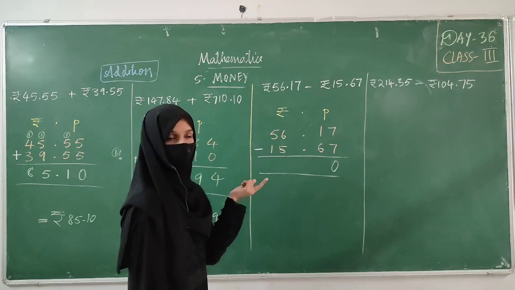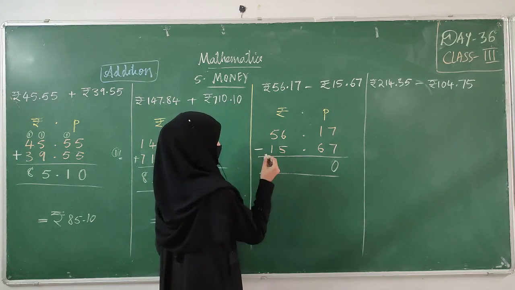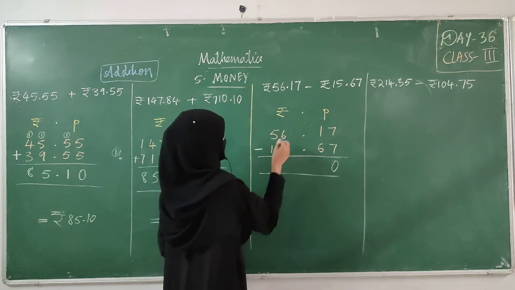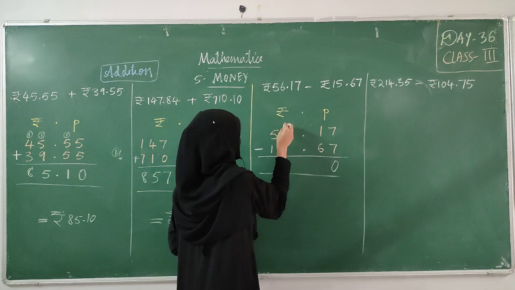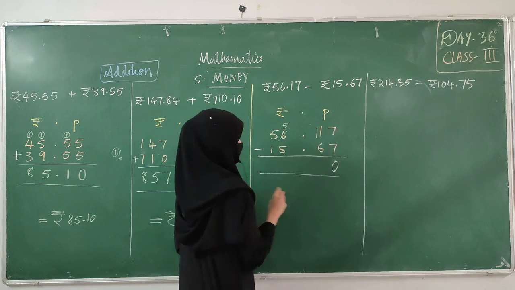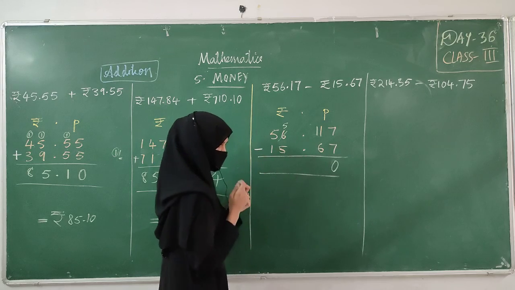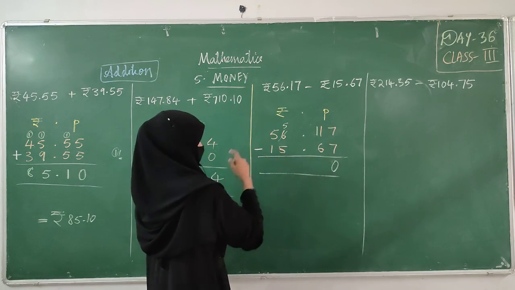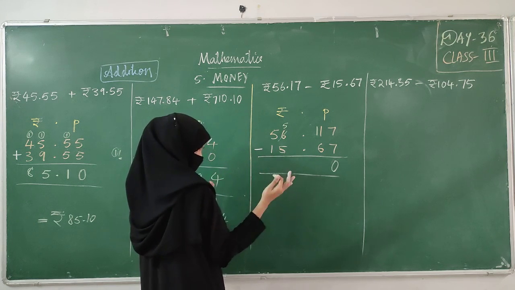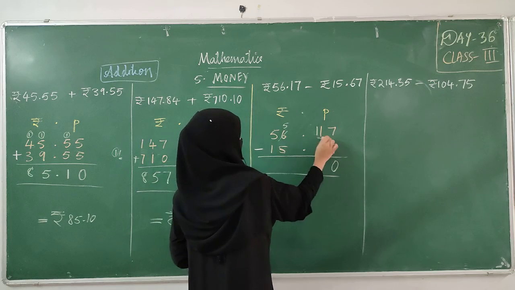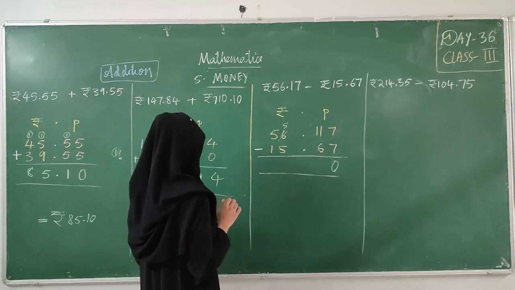So here what you have to do? Here we did carrying. Here you have to do a borrow. So from where will you borrow? You will borrow from the number in the next row. So this 6 will become 5. It will give 1 over here. Taking one from its own, it is giving 1 as borrowing over here. So from this 6, one has gone, we are removing 1, and it will become 5. Now this has become 2 ones, which means 11.